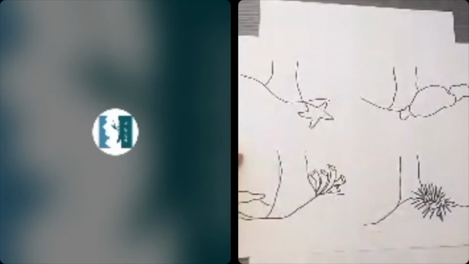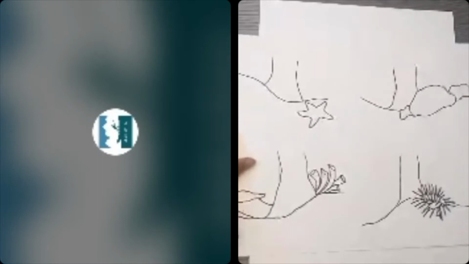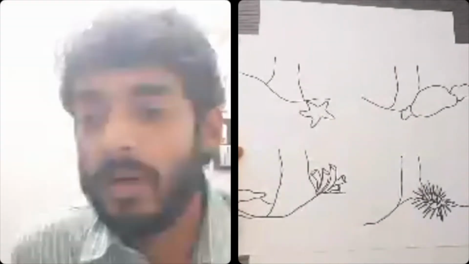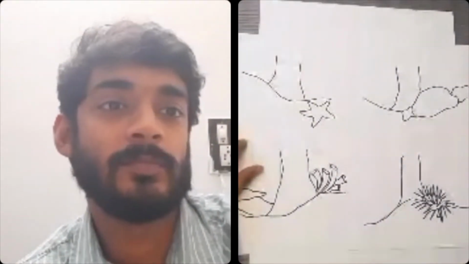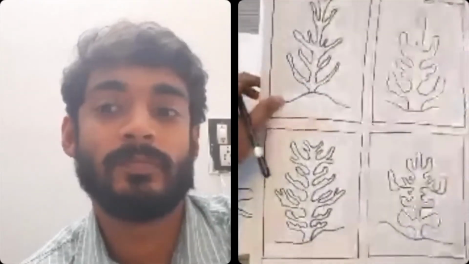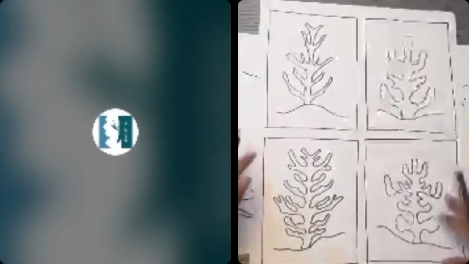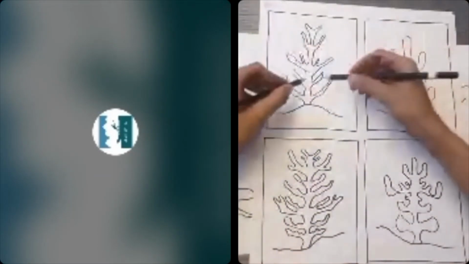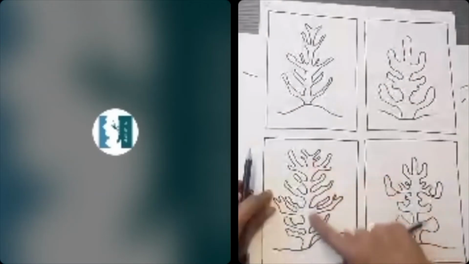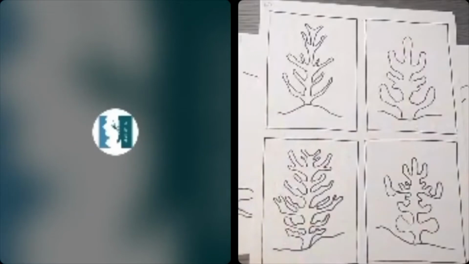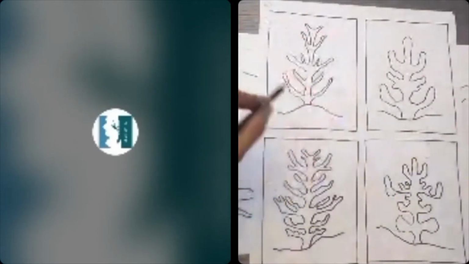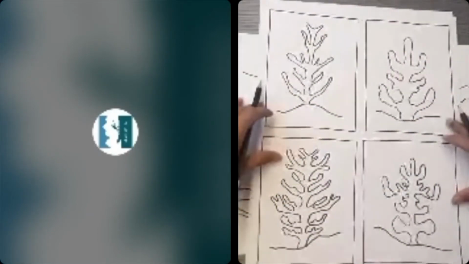We have a question which says, does the middle stem have to be thick or thin? So there is no rule for that. The coral as well, they're just organic shapes that really, there's no fixed rule for how the shape ought to be. So if it happens to be a little thicker, that's fine. If it's thinner and the main trunk of it is a little narrower, that's fine as well. This is more just about having fun, doing a free form shape. I hope that answers your question.